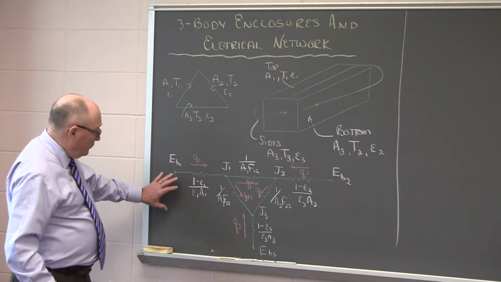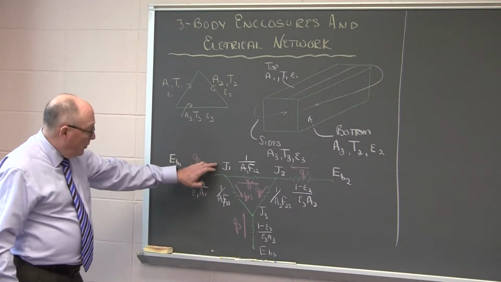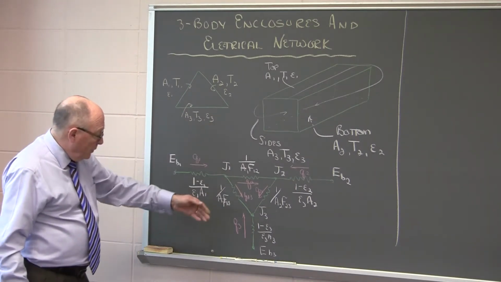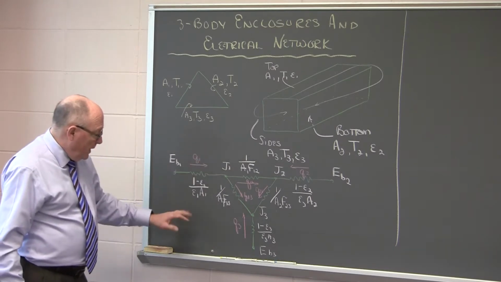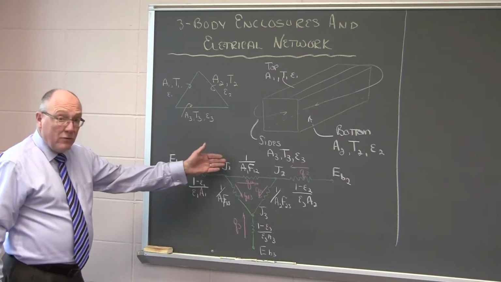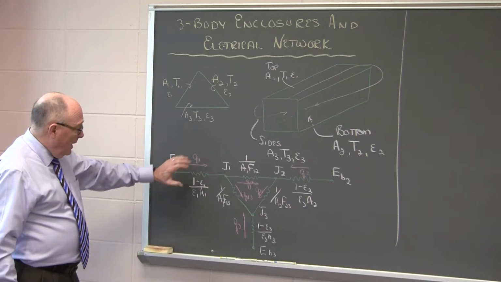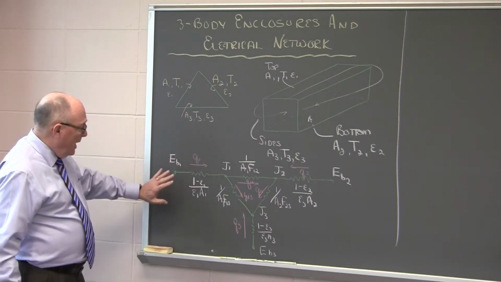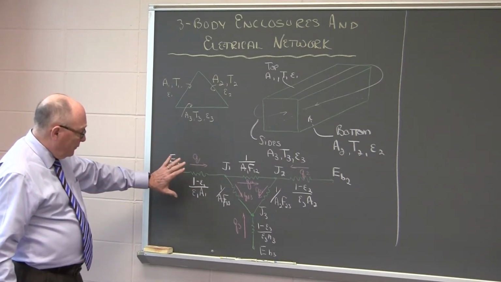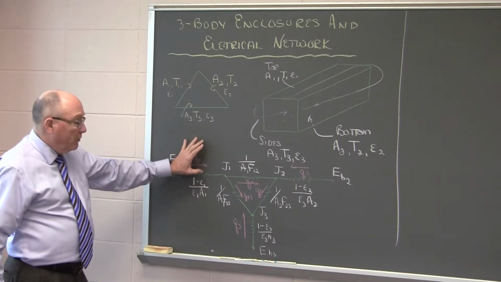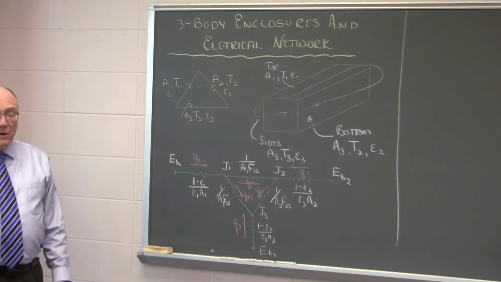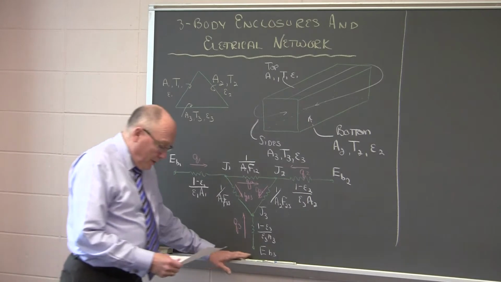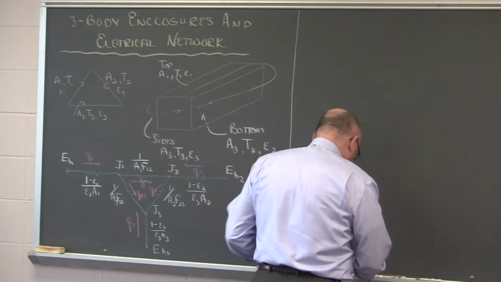So now we have our circuit labeled with all of our nodes, Eb1, 2, and 3, J1, J2, and 3, and the shape factor resistances for how these surfaces see each other, and we've also labeled all of the heat transfers that take place. All right, now,